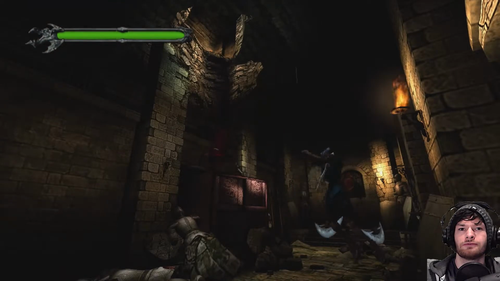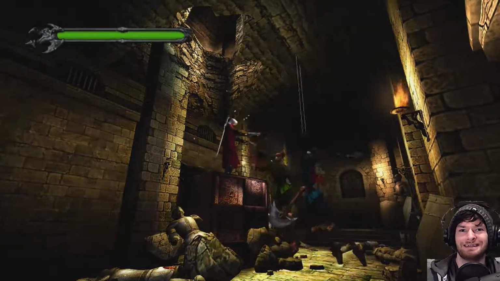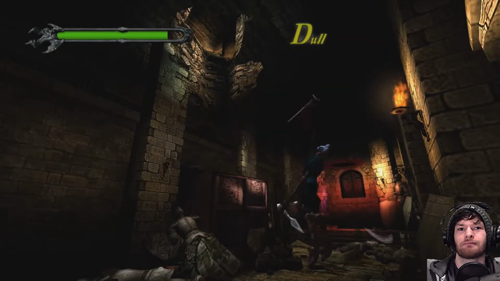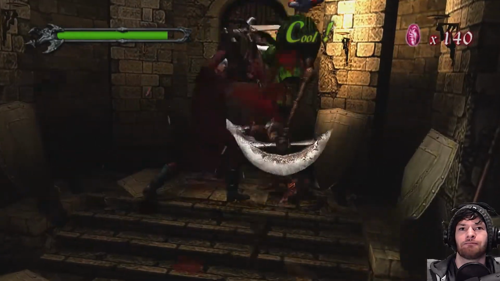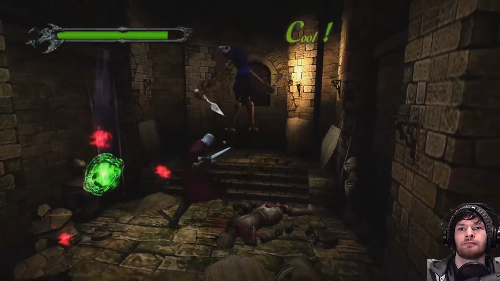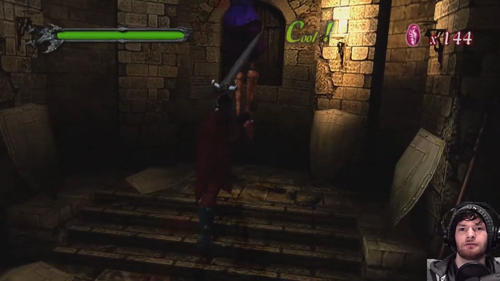They're all item puzzles. Oh, hello there. Oh, fuck. Alright, that's it. You're going down. Okay, so they keep dropping in. I've got green open, restores your health. I'm just trying to think